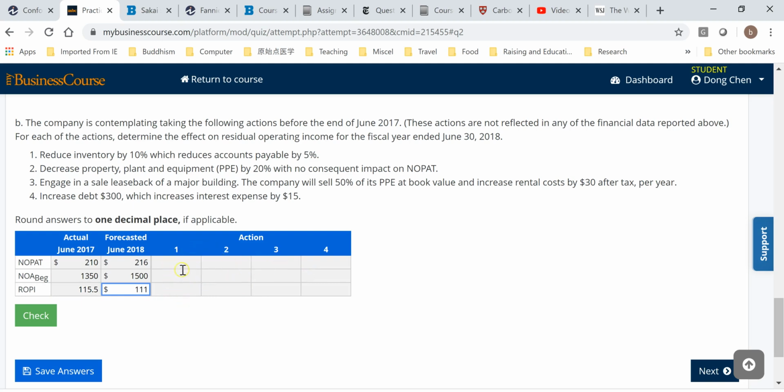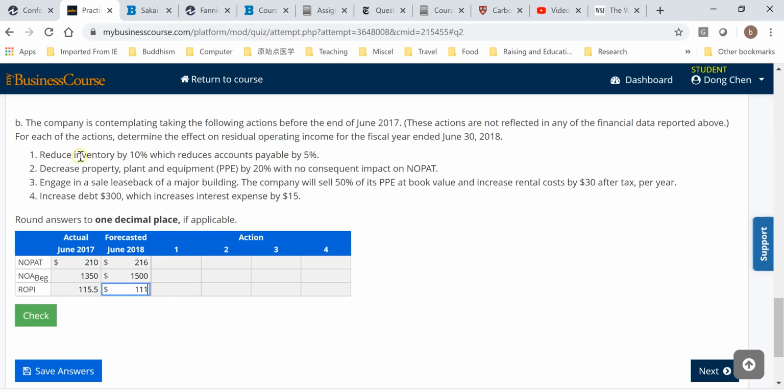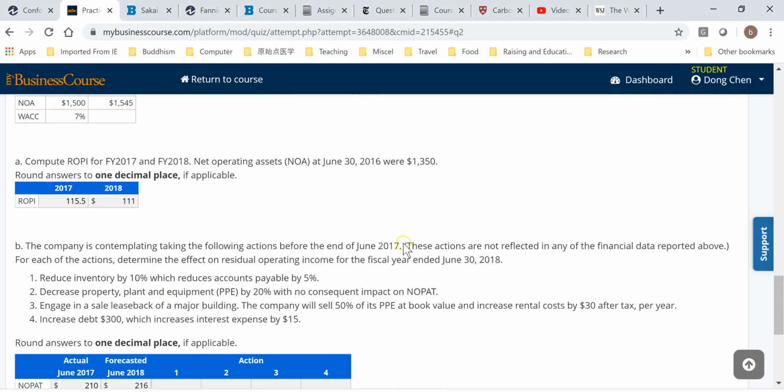For each action, worry about each of the three cells. So for action 1, it's reduce inventory by 10%, which reduces accounts payable by 5%. Since inventory and accounts payable are all part of the NOA, right? NOA is operating assets minus operating liabilities. So inventory is part of operating assets and accounts payable is part of the operating liabilities. So the changes in these two variables will impact the NOA level. So how does that specifically impact? We can just